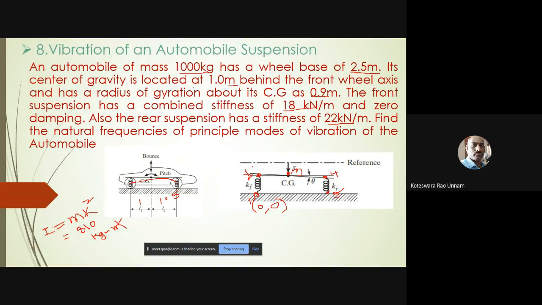X is 0 because it is the same line, but Y depends on the length of the spring, which is not given in the problem. It doesn't matter; it is not going to influence the solution, except in the case of a pre-stressed analysis with a pre-stressed spring. So since the length of the spring is not given, I will take the length of the spring as 1 meter. You can take any value; you are going to get the same solution whatever length you take. For my convenience, I take it as 1 meter. Therefore, for this node, the coordinate is 0, 1.